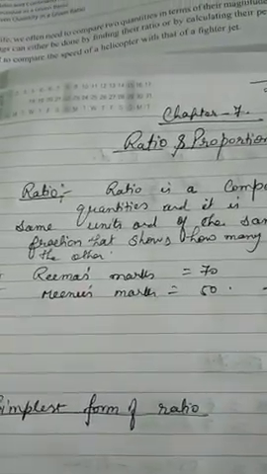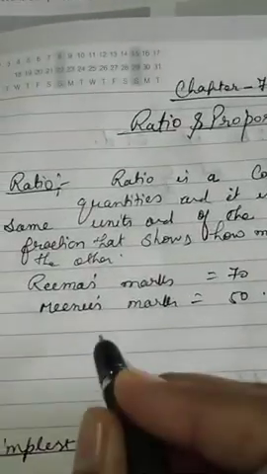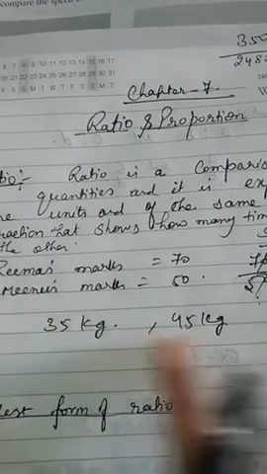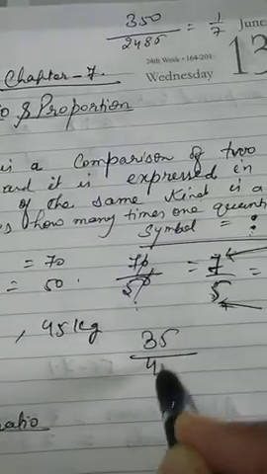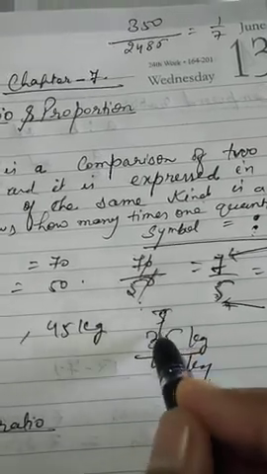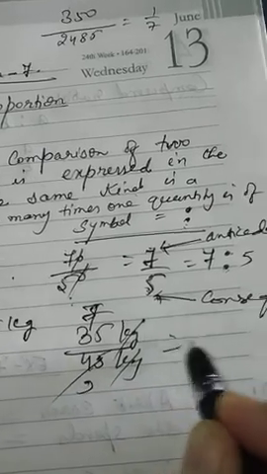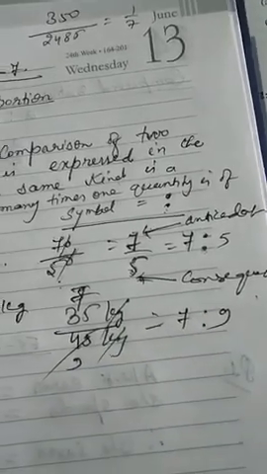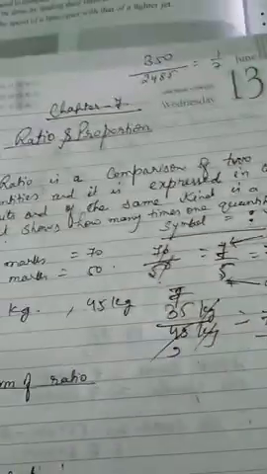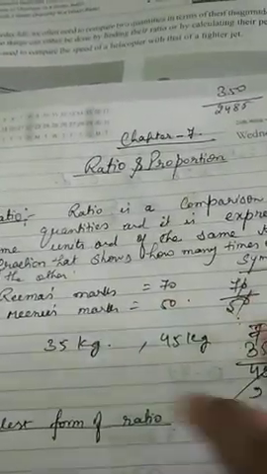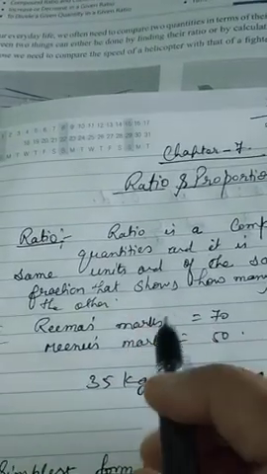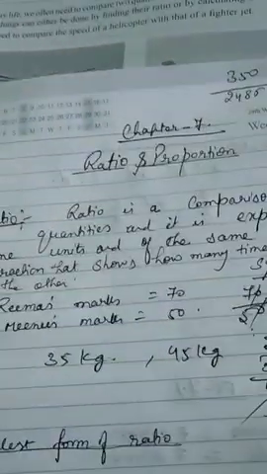Similarly, you can compare anything, like suppose somebody's weight is 35 kg and somebody's weight is 45 kg and you want to compare it. So in the form of ratio, 5 7s are 35, 5 9s are 45, kg will get cancelled, 7:9. So we can write it in ratio form. This is read as "is to", 7:9. I hope it is clear what is ratio and what is the use of ratio. It is used to compare any two quantities, but the unit of the quantities should be the same.